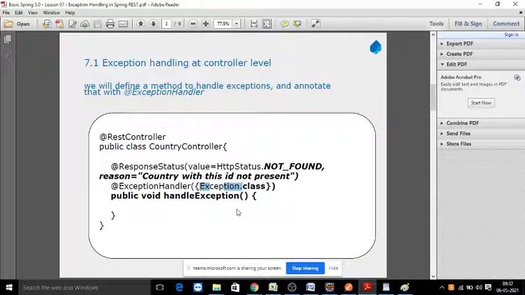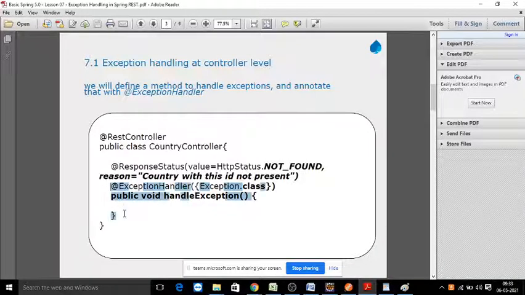Let's say I have written a custom withdrawal exception and deposit exception. That is what my controller is going to throw, and then your exception handler should handle that exception. You can write here the deposit exception, the withdrawal exception, or any exception class name. If, in a generic way, you want to handle any type of exception thrown by your application, then you write the super class name, Exception.